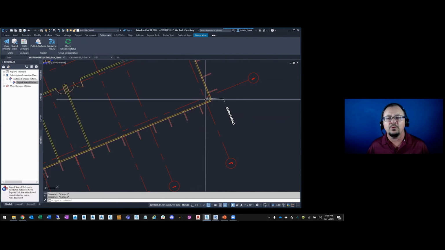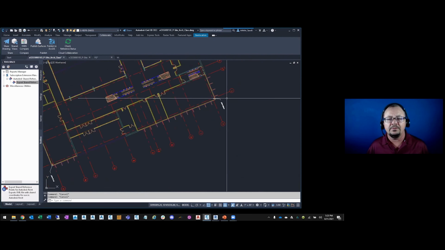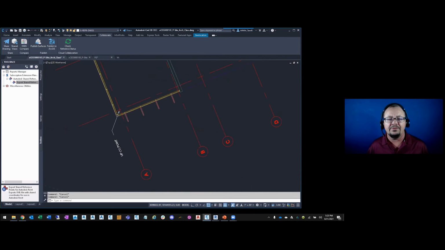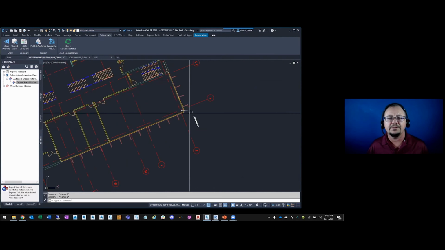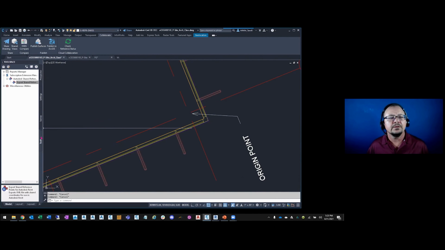So now I'm going to create the XML file with this origin point and this up Y point. This is going to be in the toolspace, toolbox, and I expanded subscription extension manager, and then the Autodesk shared reference point tool. And here's the actual command. So I'm going to right click and execute. And that's going to run the command.